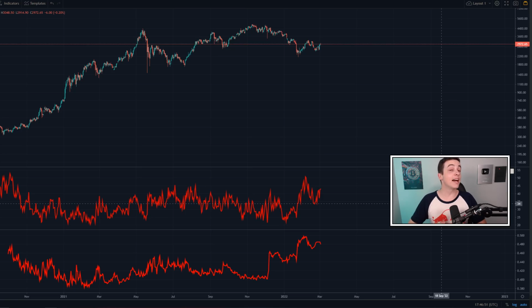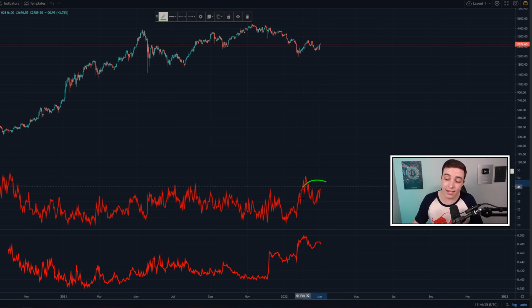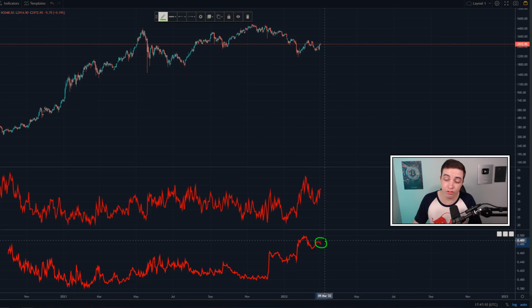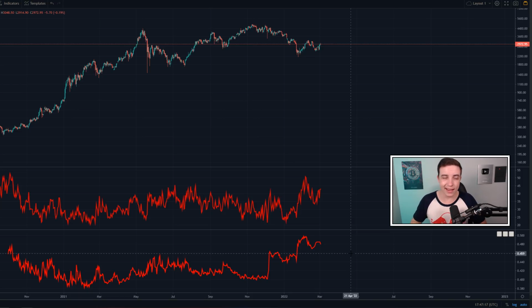Now giving you a quick update on the percentage of Ethereum short positions on the Binance exchange and the Bybit exchange. And over the past 1 day, we have seen a slight increase in short positions relative to long positions on Binance, but a slight decrease in short positions relative to long positions over on Bybit. So basically over the past 1 day, nothing much has happened over in the Ethereum short positions on these 2 major exchanges, but we're still sitting at relatively high levels, which means we have a lot of room left to